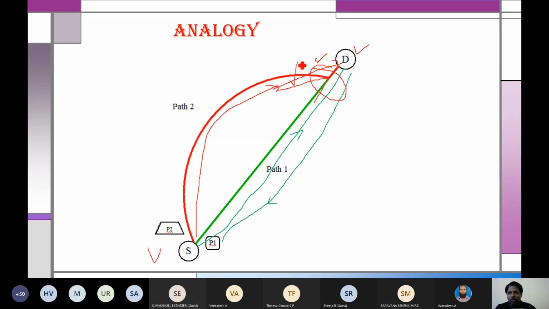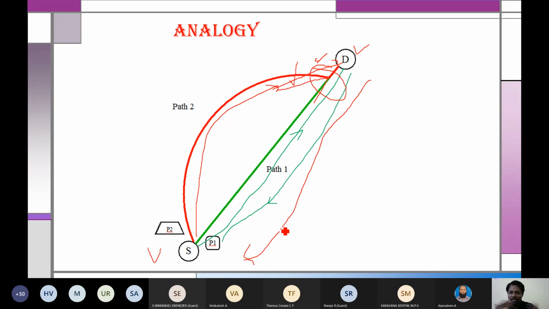So that's why there are two ways. One way, while coming he has poured water, and while returning also he has poured water. So wetness is more in path 1 compared to path 2. The second person also obviously will take the same path because wetness is more. It indicates that the path is short. This is how he has identified the shortest path. So this is one analogy where we can identify the shortest path.